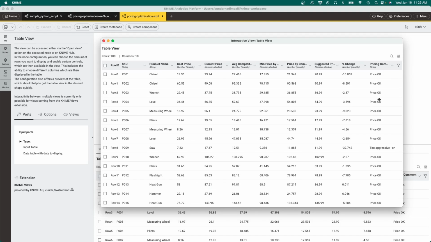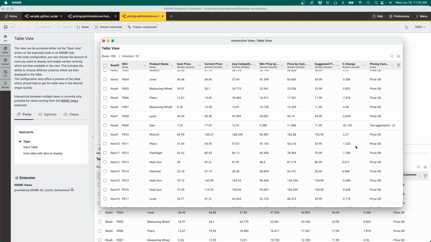We will see that for most of the products, the pricing comment just says that the price is okay because the change between the suggested price and the current price is within our threshold of 20%, and